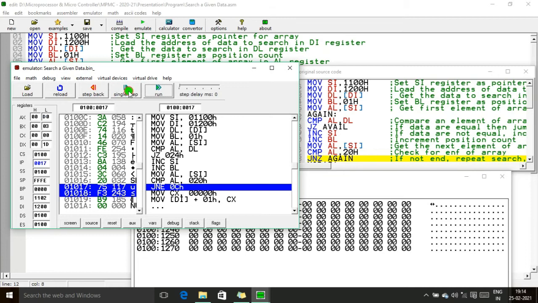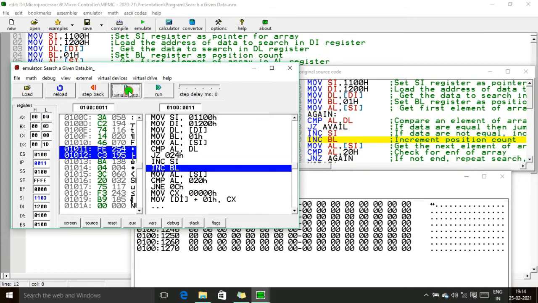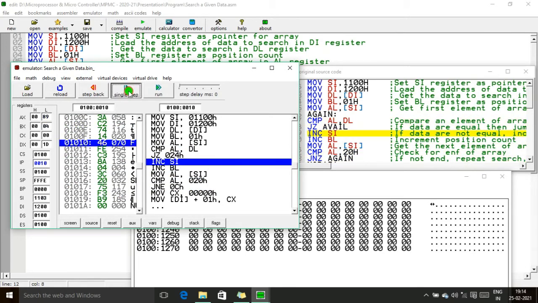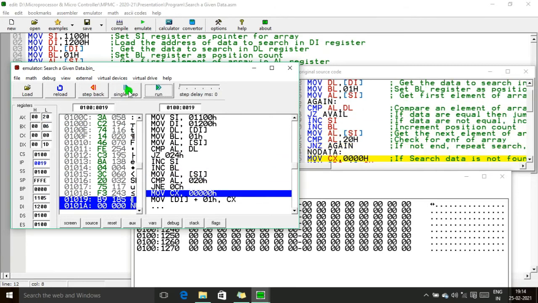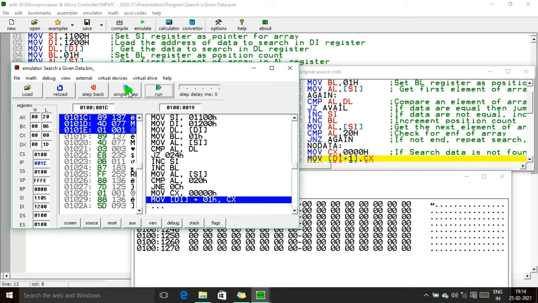Once again we are going to check this step again and again. We are going to check if you are reaching the 20 value. This is the end of the program. Okay, 20. Then we are going to compare with this 20. This is the end of the program because this 1D data is not present in this particular memory array.